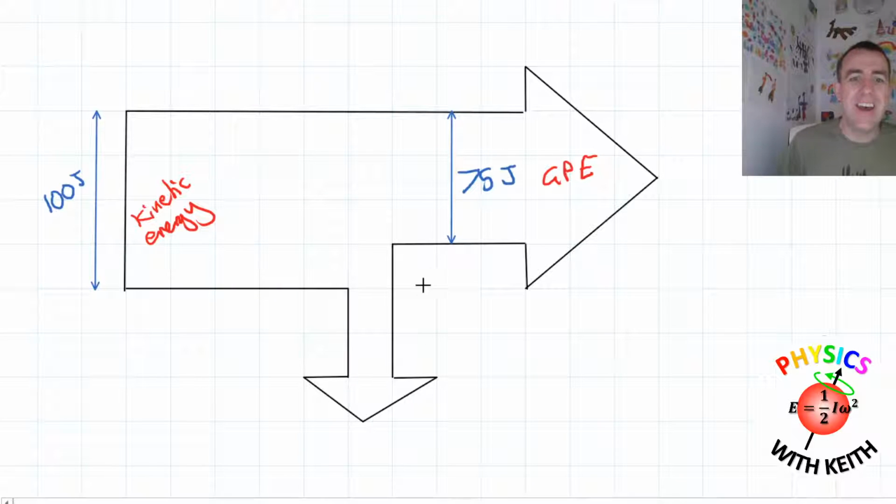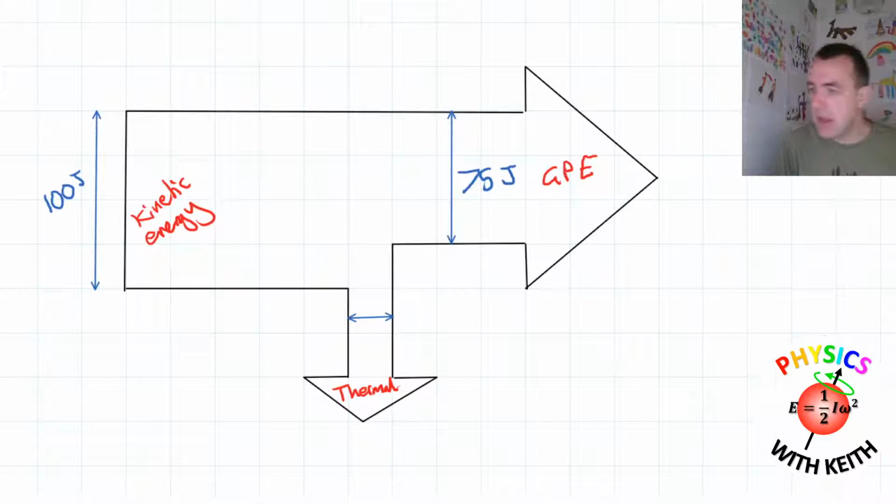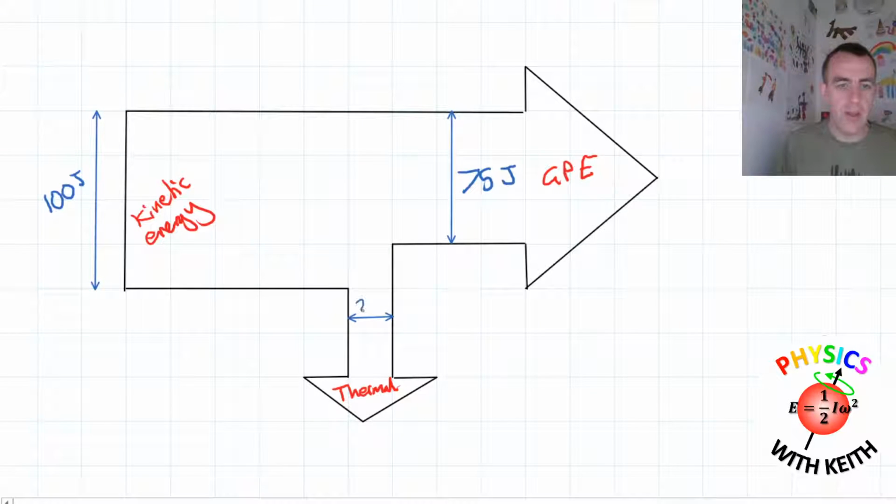Okay, so the width of this arrow is 1 square wide. How much energy is represented? You're a little bit behind, are you? Well, this will be recorded, so you'll be able to watch it back, don't worry. So this over here is our thermal energy. And yep, we've all got that. That's 25 joules.